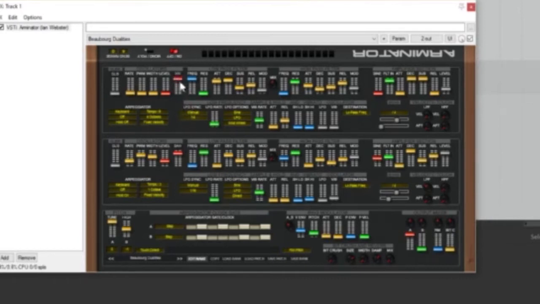And then a white noise. So that oscillator, I'll take the volume of that one down, and I'll now bring up the volume of the